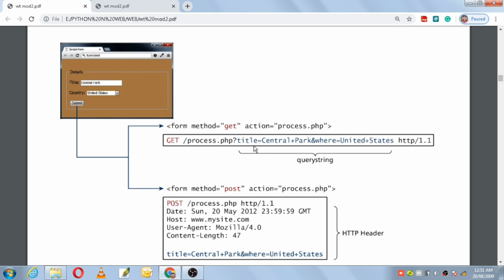Then you have the title here. This is a query string. Title is equal to Central+Spark, and where is equal to United+States. This is a query string. And then this is an HTTP request saying that 1.1 is the version of the HTTP. Okay, so if you are using the method get, then the query string will be located in the URL of